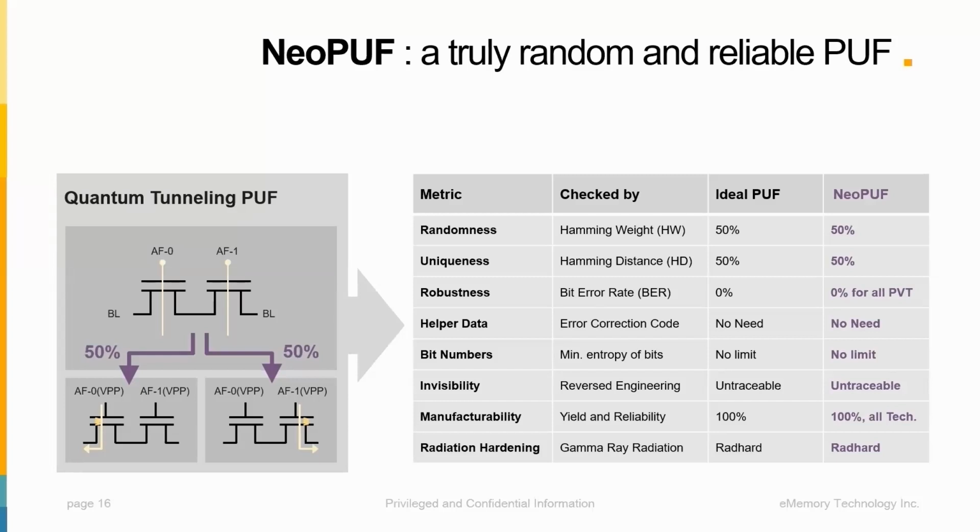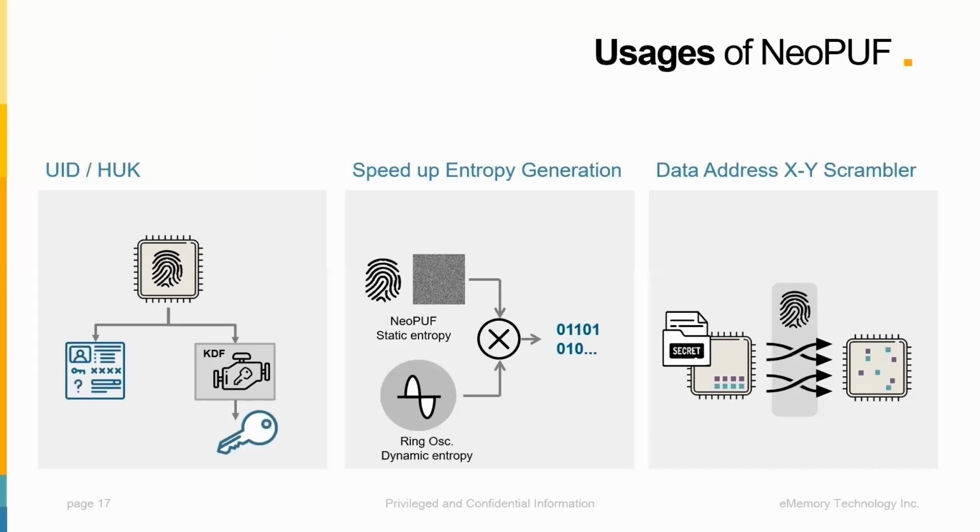Thus, we can believe NeoPUF will export random device IDs that are unique between every electronic device. So what are the main applications for PUF? The primary application for PUF is identifying devices, which we have discussed earlier. However, PUF can also be used in conjunction with dynamic entropy such as a ring oscillator to generate more random numbers, which can then be used for communication or any other identification purposes. Lastly, the PUF code can also be used for data address scrambling, which I'll touch on later in this